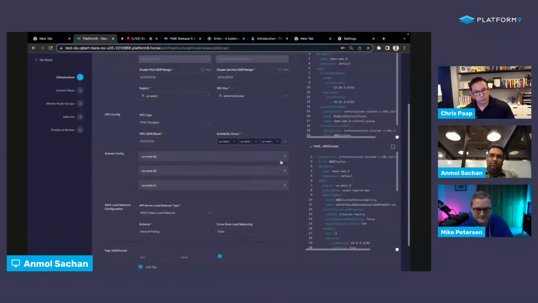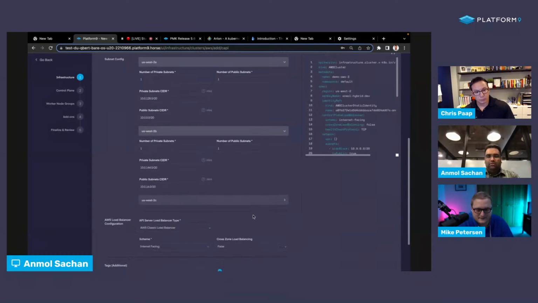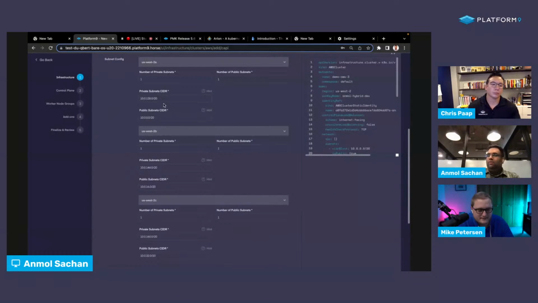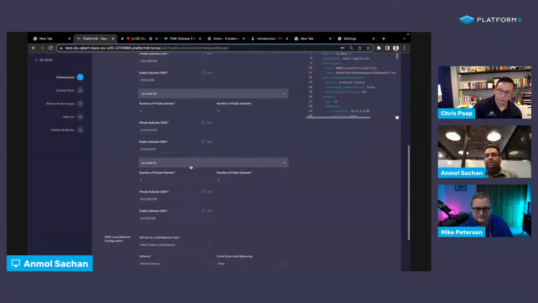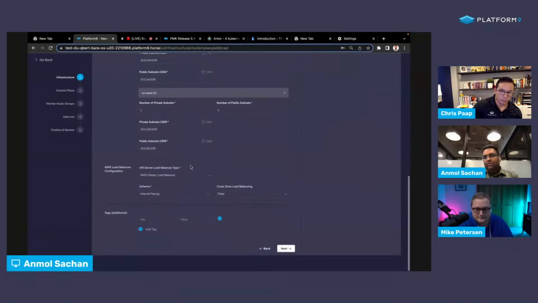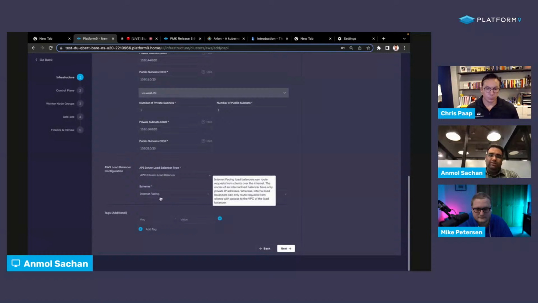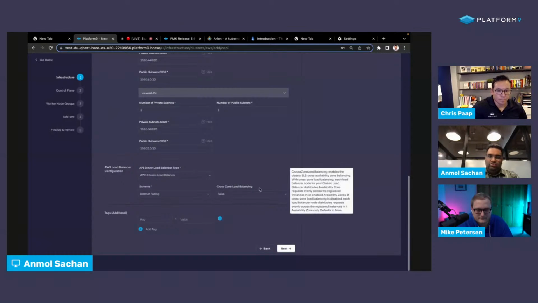And then you can obviously configure your subnets. If you want to do some manual configuration, you can do it. We have default subnet configuration available for you. You can add more private subnets if you want. By default there's only going to be one public and private subnet for each availability zone. After that, you can actually configure the AWS load balancer that's going to come up for your control plane, right? And you can choose whether it should be internet facing, or just a private internal AWS load balancer, which just lets connections from the inside of the VPC. You can choose that, and then you can choose cross-zone load balancing, which is an option again given by AWS